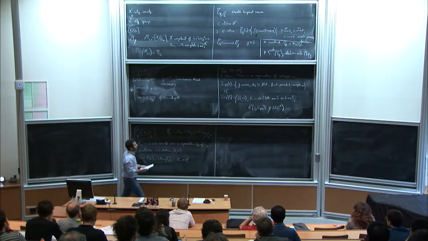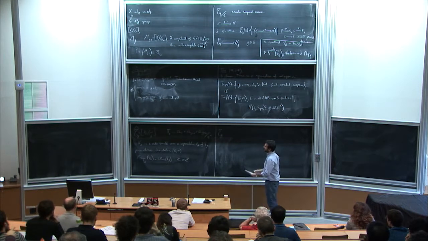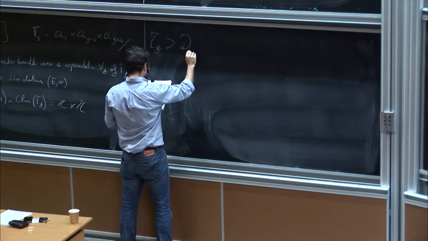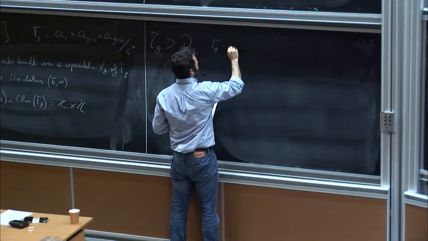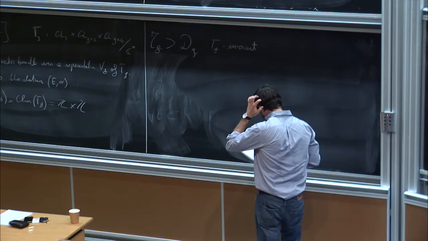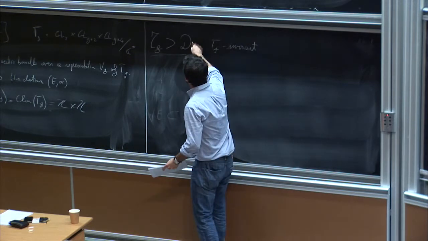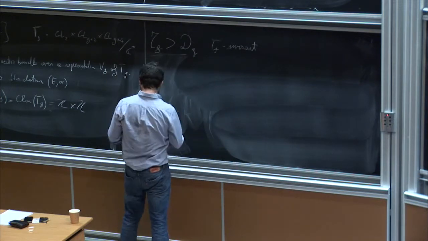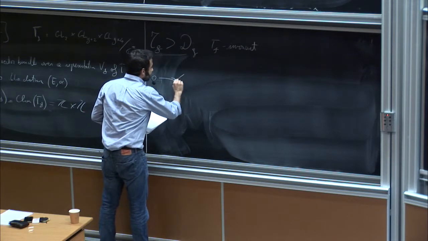So at this point, if we want to describe the stack of smooth curves, we have to take out the hypersurface. There is a hypersurface D_G in here, which is Γ_G invariant, that parameterizes singular curves. So basically, in order to compute this Picard group, the only thing that one has to do, which of course is not trivial, is to compute the class of this hypersurface inside the Picard group of TG hat. So using the localization exact sequence, one gets that